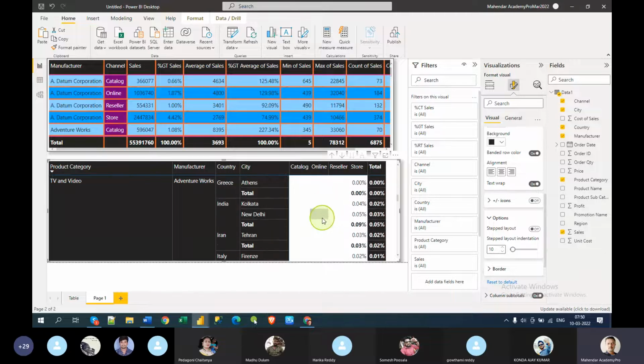They wanted to see it like this, but I thought of giving different options, but that does not work. I went into custom visuals, tried a lot of things, but this is the simplest one. The step layout off with expand buttons off. That's what they were expecting to see.